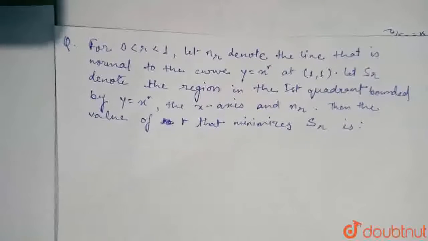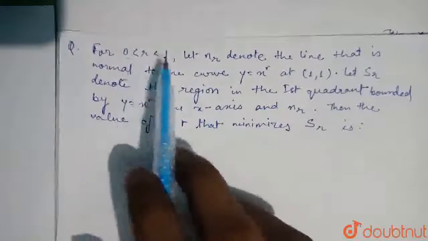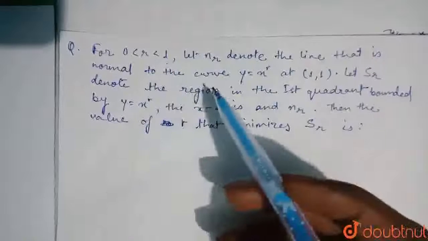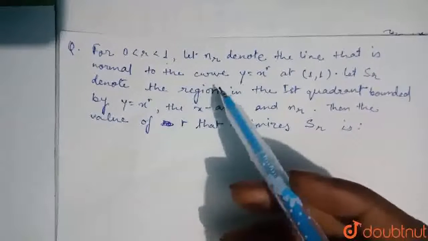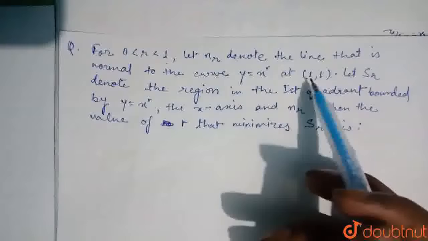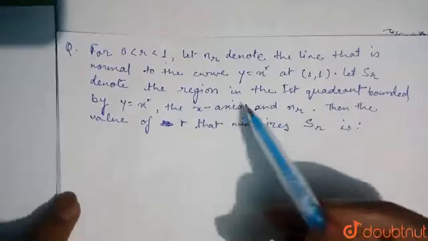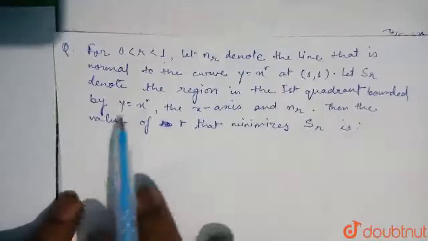Hello guys, have a look at the question. For r belongs to 0 to 1, let N_r denote the line that is normal to the curve y equals x to the power r at (1, 1), meaning the normal is at (1, 1). Let S_r denote the region in the first quadrant bounded by y equals x to the power r,